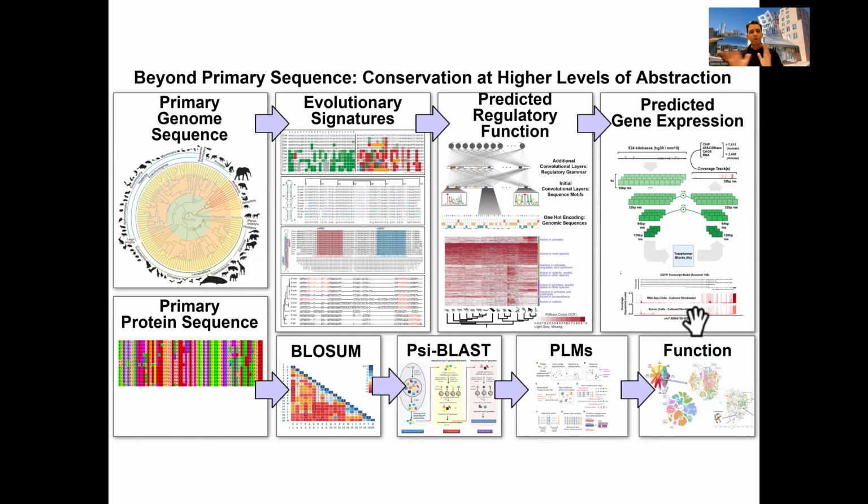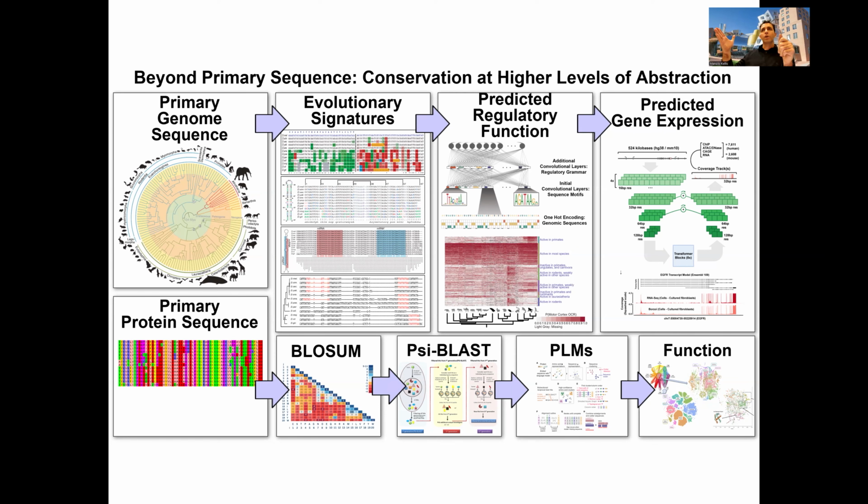Okay, so that's what I want to leave you with, that you can use comparative genomics as an extraordinarily powerful way to detect function in the human genome, that you can find extraordinary resolution overlapping conserved elements,